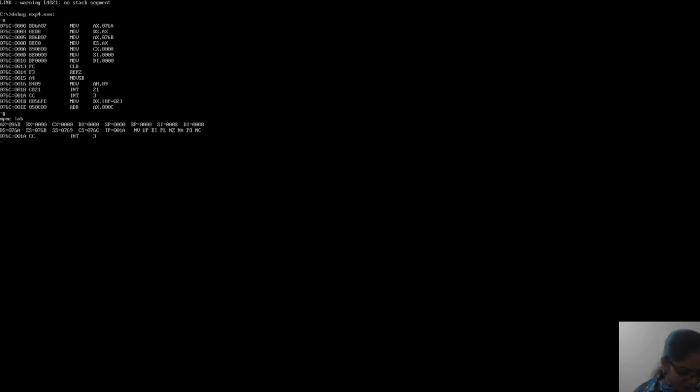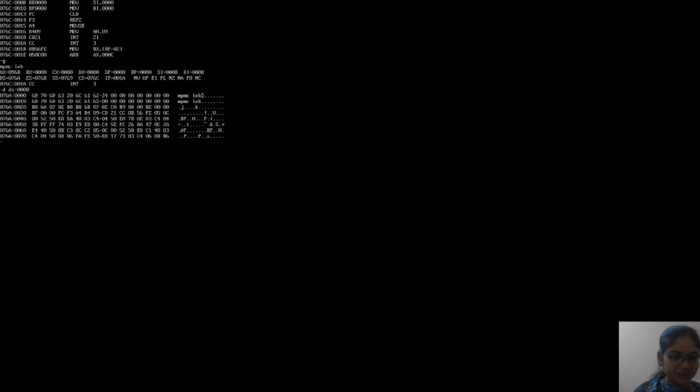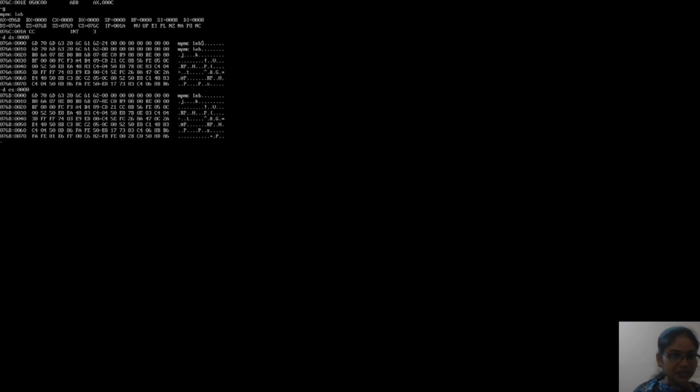I am typing D, DS colon 0000 and pressing enter. So I am getting this MPMC lab in the location of DS, and now typing D ES colon 0000 and pressing enter.